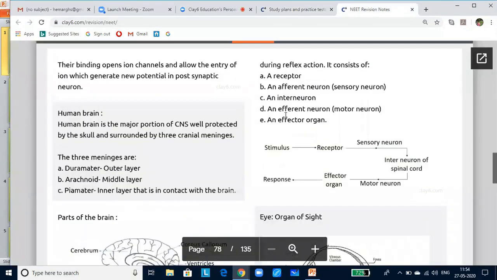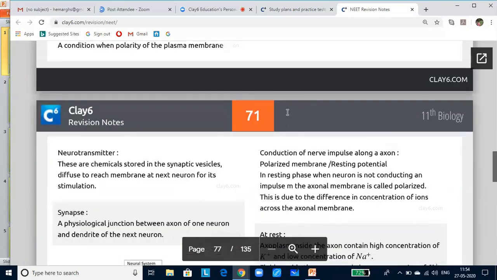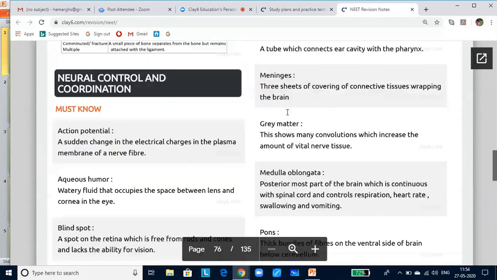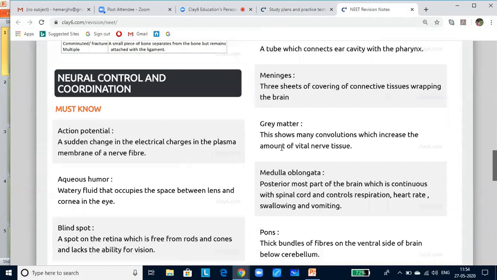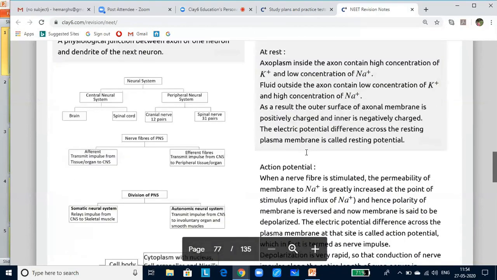So this is the chapter, and if you look at this PDF, we have put almost everything in such a way that it becomes very easy for you to learn. Your 11th and 12th portions are all put together in physics, chemistry and biology into 135 pages, giving importance to the key concepts you have to know from the NEET point of view. I would suggest that it is a value addition for your study material and a revising tool if you take this package. Now today the lesson is neural control and coordination. Now let us look into this chapter.